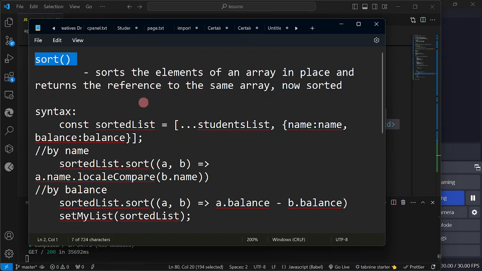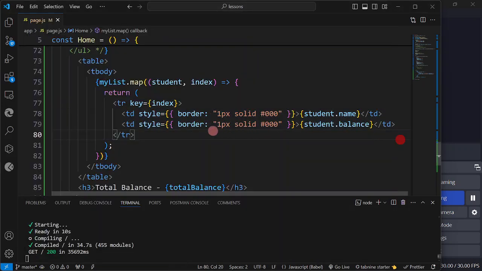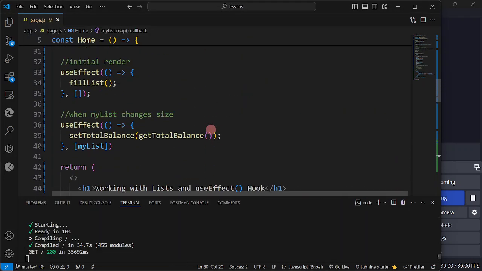Now, since it is going to return a reference, take note, reference to the same array, meaning it is going to create another array, but it is now sorted. That is why in my example here, if ever we're going to follow our code in our previous video, for example here,